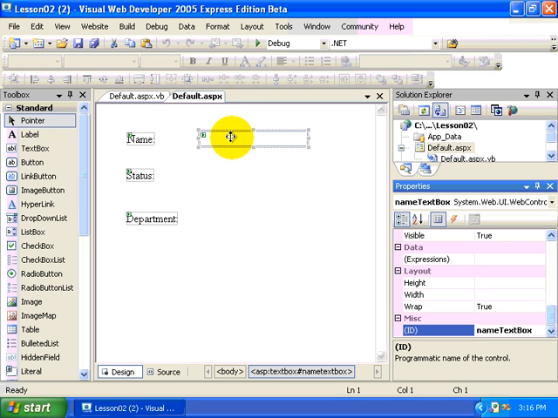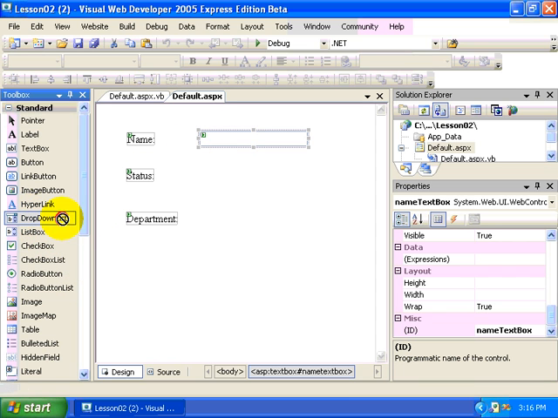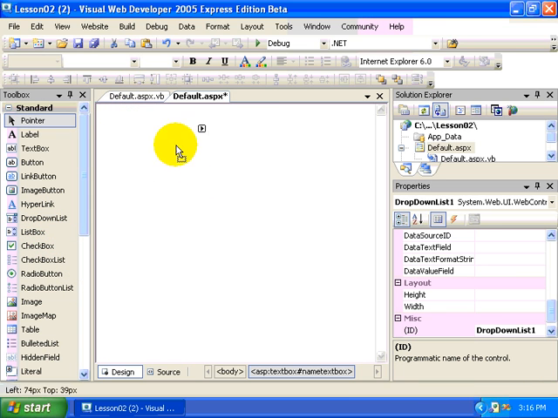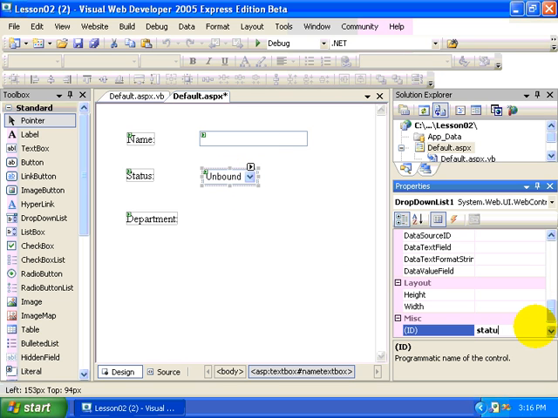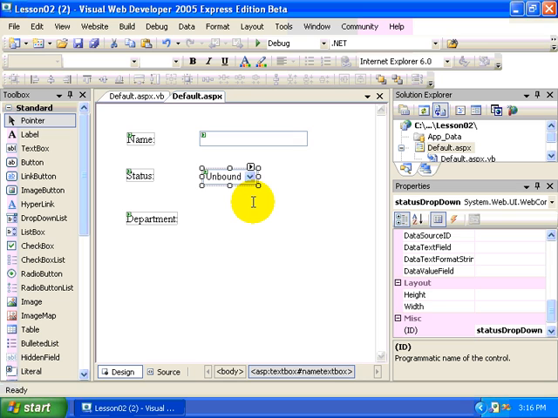Now, if we have a situation where we're trying to collect data where there's only a limited number of options, we might use something like a drop-down list box. So let's go ahead and position one of those on our form here. And we're going to name this status dropdown. And this is where we may want to only allow the user to select from a pre-selected or pre-entered number of options. So what we can do here is either